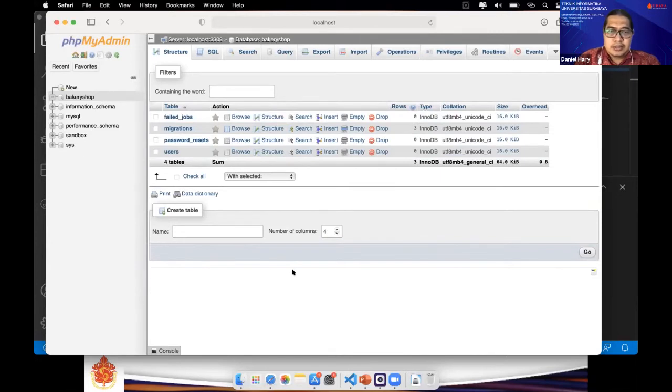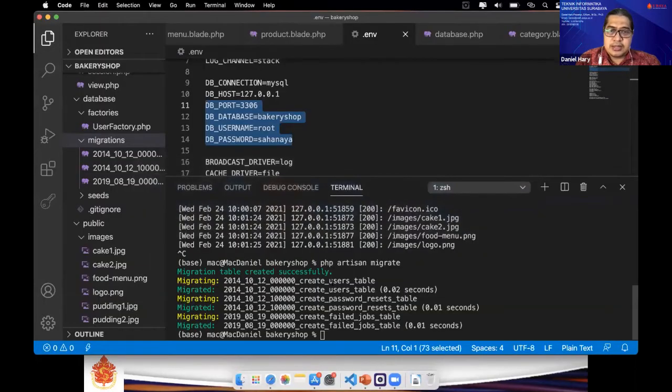Okay, you can also follow this instruction first. Just set the password, username, and database, and then run php artisan migrate. Okay, tell me if you are not successful with this one.